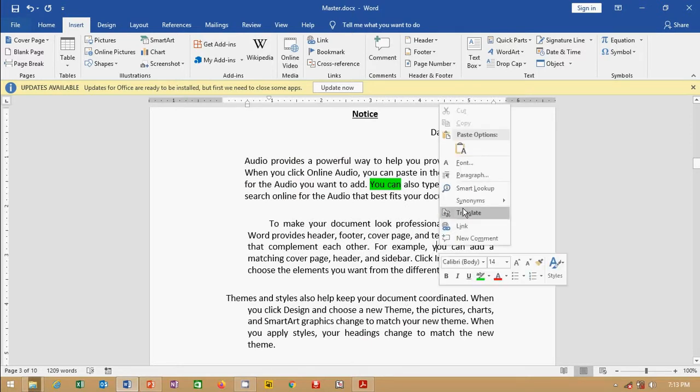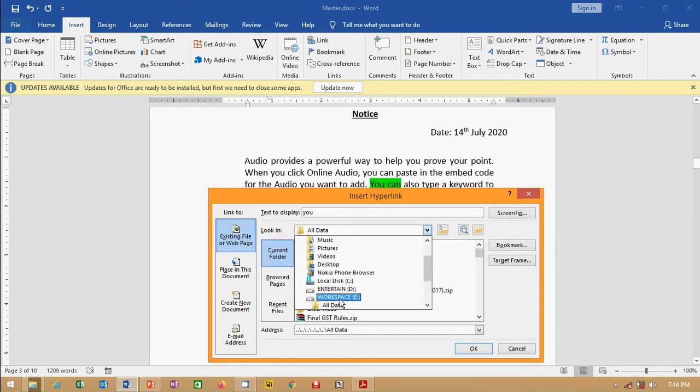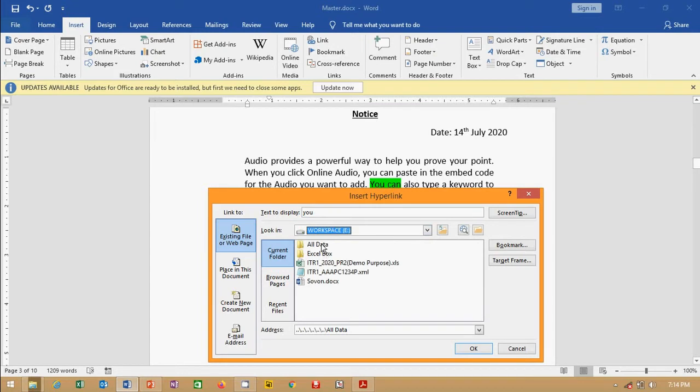Right click, then Link. Suppose, for example, I am going to put here workspace. This is an Excel file.